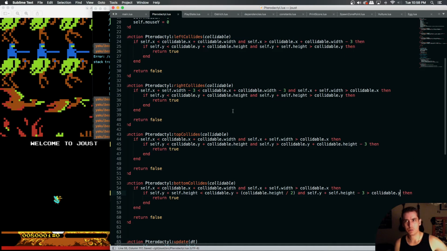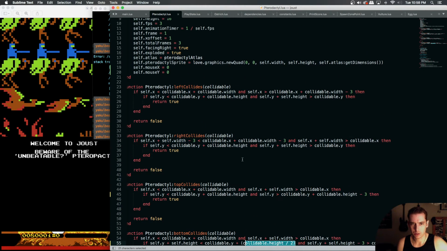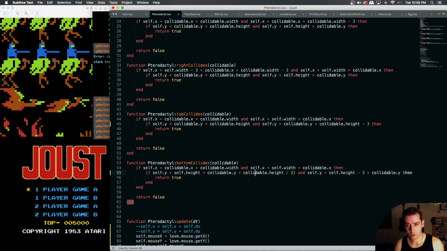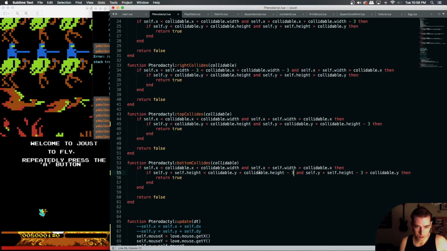Now we don't use a collidable height divided by 2 on any other functions, so I'm thinking just do this where we say the bottom of our ostrich would have to be smaller than, would actually be this plus 3,